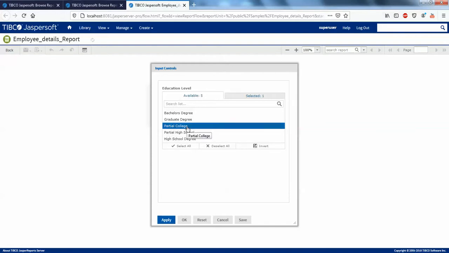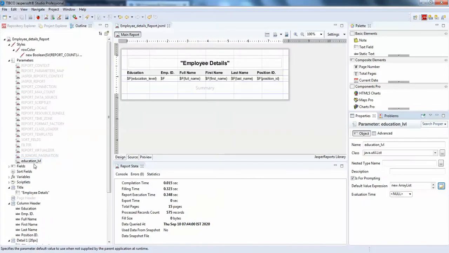If there is no partial college, it won't be selected this way. Here you need to just check what your parameter name exactly is. You can see here it's education level, so just copy this name.